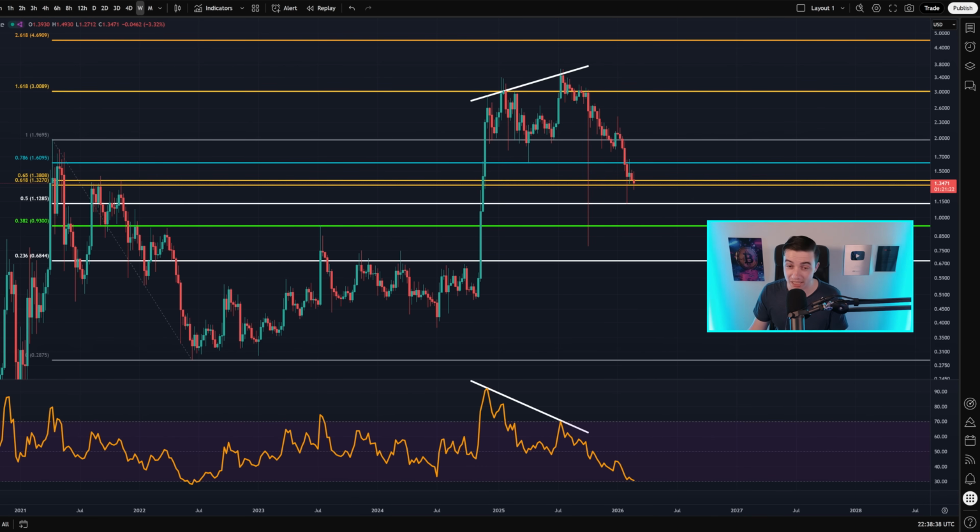And so in other words, yes, if we see a confirmed break below $1.30 and fail to get back above that level, it is quite likely we could potentially see roughly a 30% dump still to come after all of this that we've seen over the last half a year or so. And so this is definitely a crucial area of support for the bulls to hold, because once again, as I just mentioned, if we fail to hold this area, expect these lower price targets to come as a very likely scenario. So obviously all of this still not looking too good on the weekly time frame,